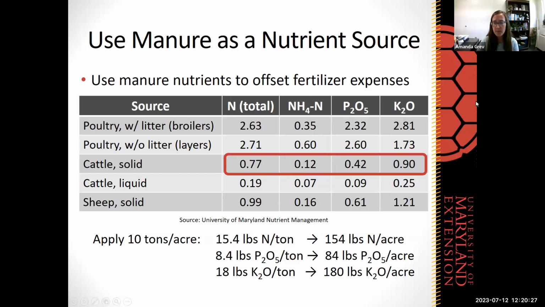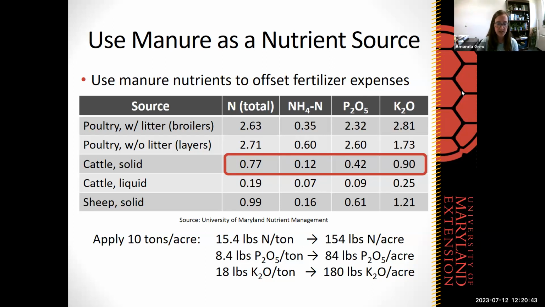Then we are essentially applying on that field 154 pounds of N per acre, 84 pounds of P2O5 per acre, and 180 pounds of K2O per acre. So you can see when we actually calculate it out, it becomes a lot larger than when you're looking